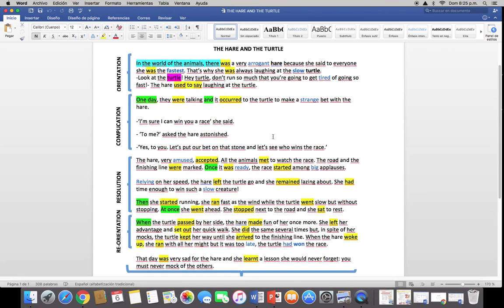Es importante notar en este tipo de textos que la mayoría de verbos, vean, was, used to, were, occur, receive, met, were, was, start, left, remain, had, start, ran, went, stopped, sat, passed, made, left, set out, did, kept, arrived, walked, ran, was, learned. La mayoría de verbos están en pasado porque pues se cuenta o se supone que la